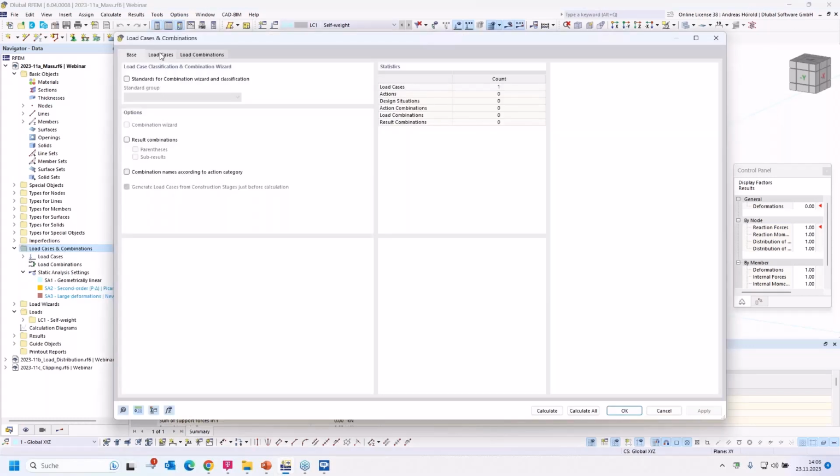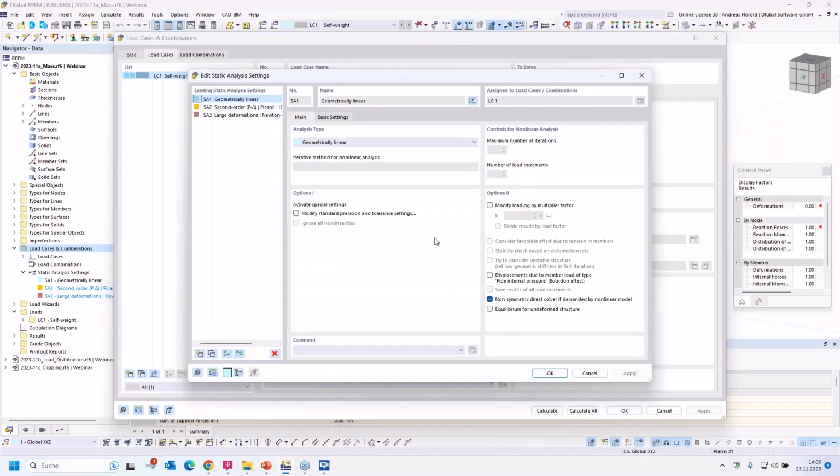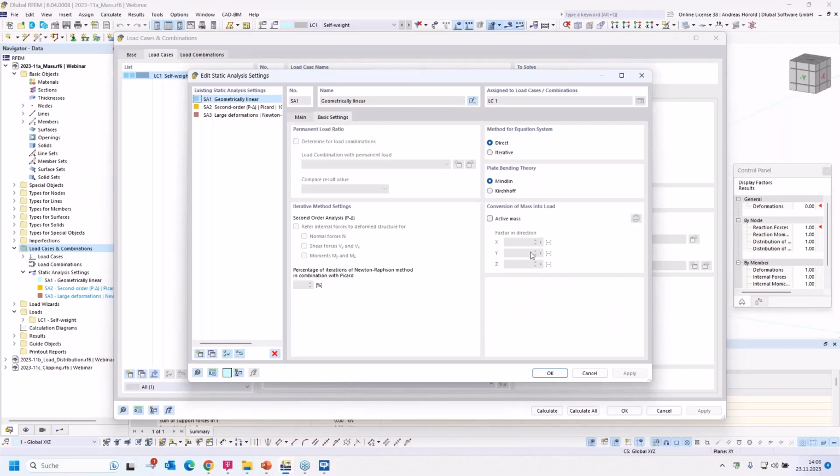And then you see in the load cases the static analysis settings. That's the same topic. And if you click the edit button, then you come to this sub dialog, and in the basic settings, where is this check? If you activate the mass, then the masses will be converted into loads, with that factor in set direction 1 times.